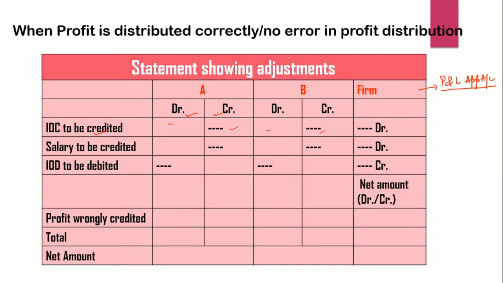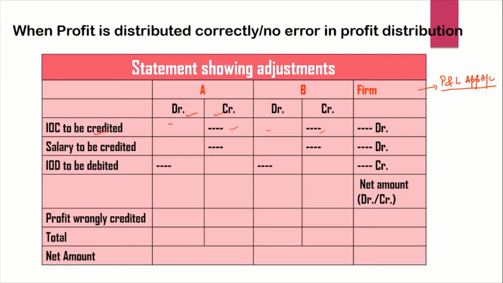Now, what is the next step after this? See, remember one thing, that you are going to take the items which are missing, or where there is some error. If there is no error in salary, and it's not given in the question, you will not take this point. First of all, we are writing all the errors or mistakes that occurred. Now, as I said, when the profits are distributed correctly, there is no need to take the wrong profit minus and the correct profit plus. We will not take it that way.